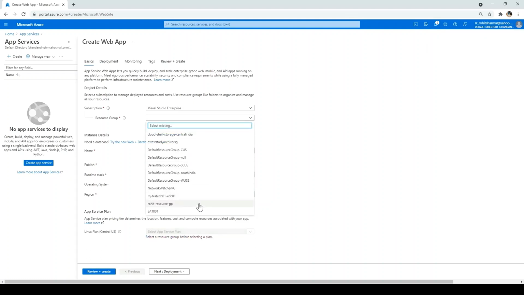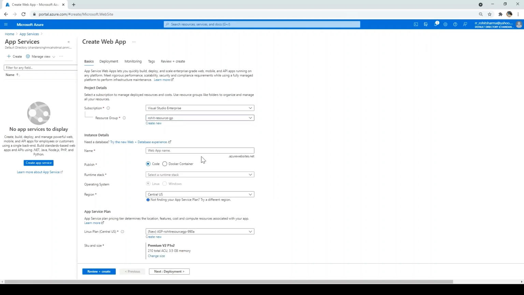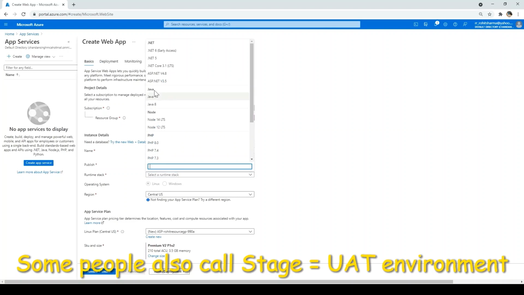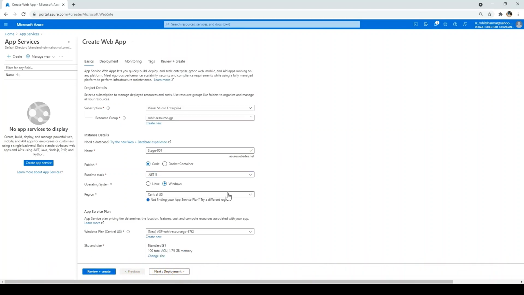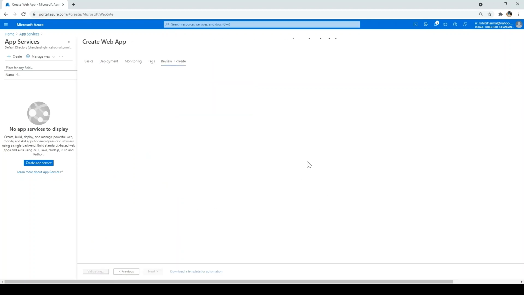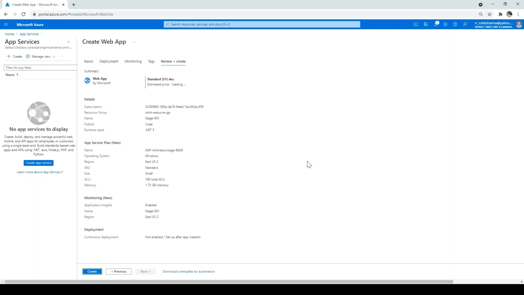So I'll select the resource group, Rohit resource group, and I'll name it stage001, runtime stack .NET 5, and region I'll again select East US 2. Okay, other options by default, and then I'll click on review plus create and select create.